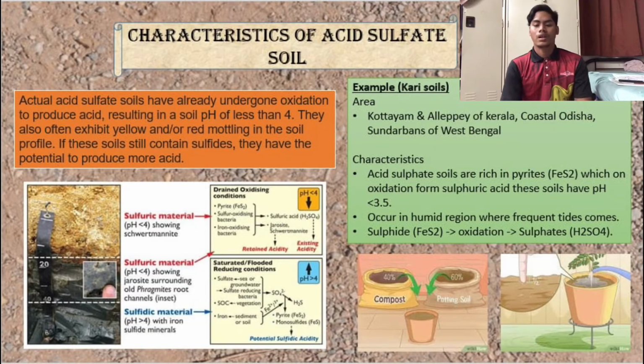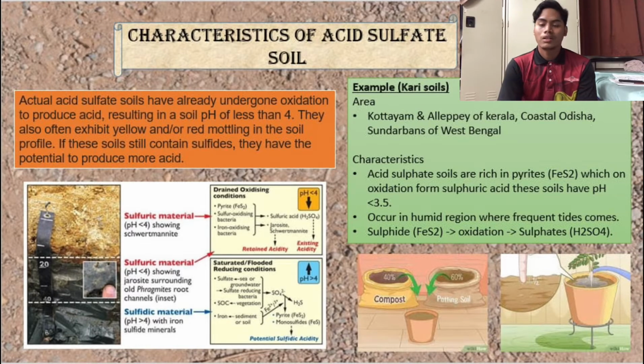So, what are the characteristics of acid soil? Actually, acid sulfate soils have already undergone oxidation to produce acid, resulting in a soil pH of less than 4. They also often exhibit yellow and or red mottling in the soil profile. If this soil still contains sulfide, it has the potential to produce more acid. For example, Karl soil. The areas of the Karl soil are Kottayam of Kerala, coastal Odisha, Sundarbans of